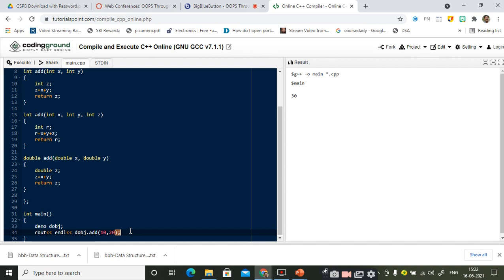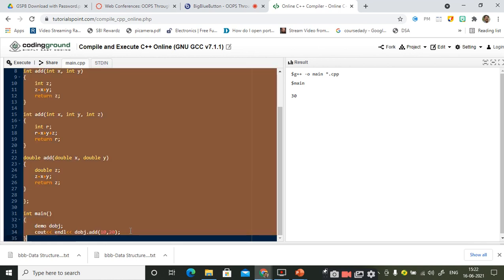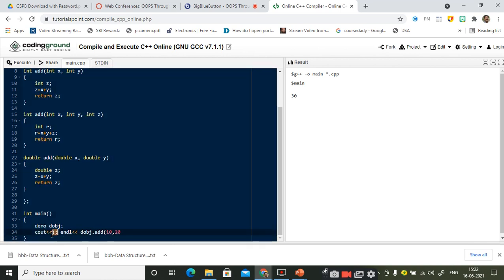Now let us write the same concept again. This time I am going to access now tell me which function is going to be invoked.